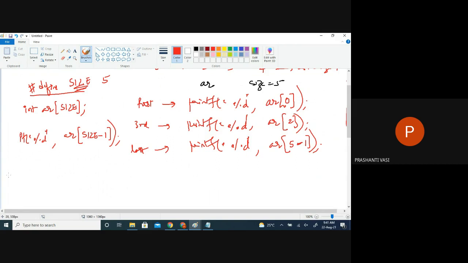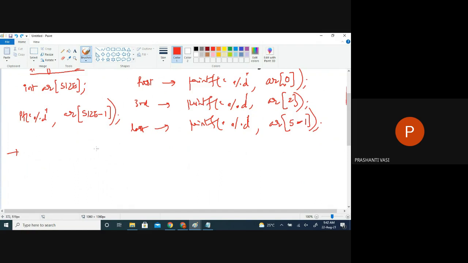If I have to print the elements in reverse order, how should I do that? Okay, forward direction first. If I have to print all the elements of the array in forward direction, how should we do that?